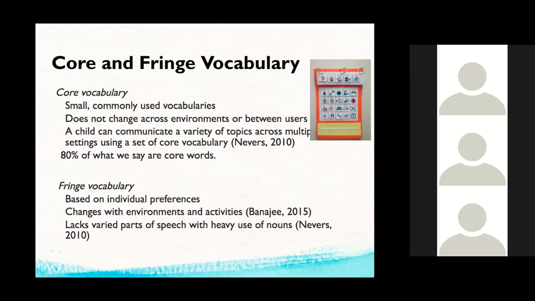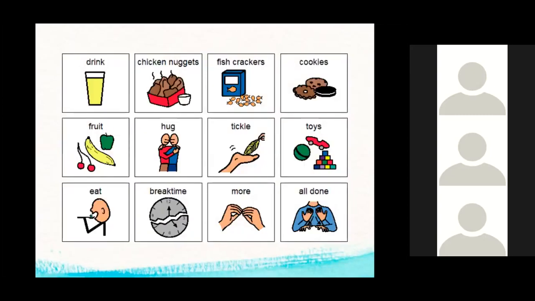Like if we're reading a book about dogs, fringe words might be dog, leash, park, those kinds of things. So core words and fringe words are now the research-based way of approaching language development. We used to put together a communication system